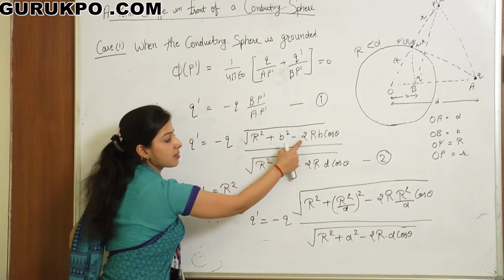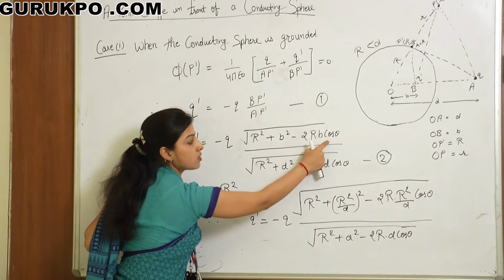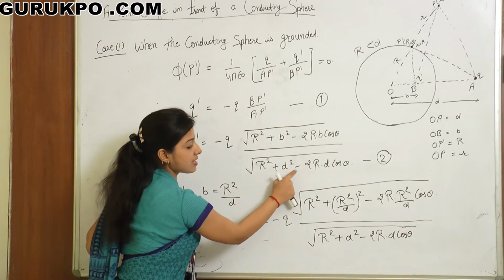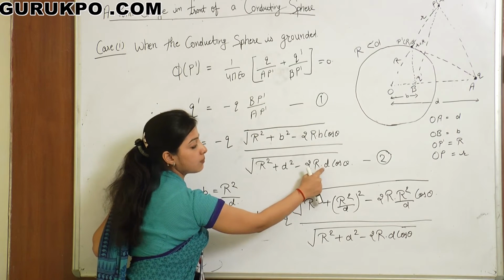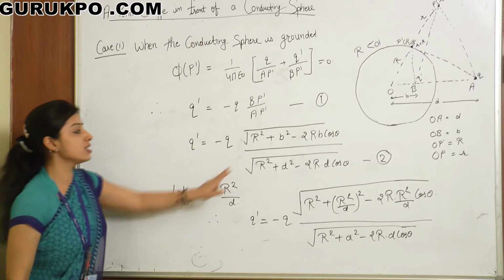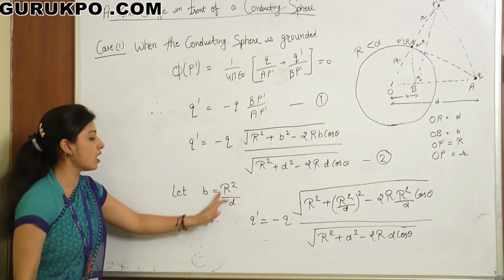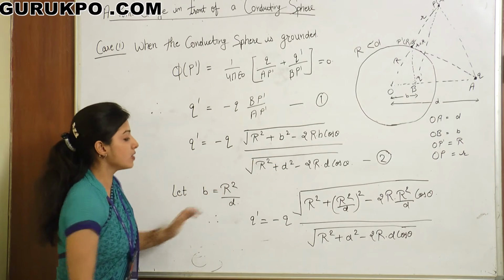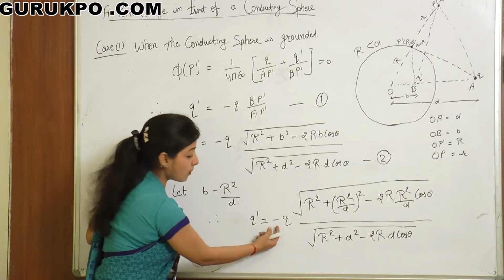After putting the values of BP' and AP', we see that Q' equals −Q times √(R² + B² − 2RB cos θ) upon √(R² + D² − 2RD cos θ). Now taking this value of B equals R²/D and putting this value here, we see that Q' equals −Q